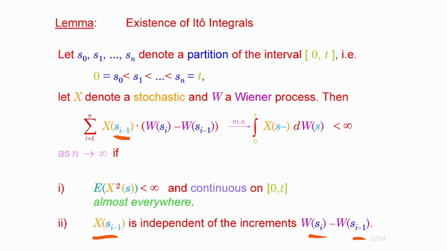Now, I'm not going to prove this, but I'm going to demonstrate that this is going to be the case regarding the mean square convergence. Again, if these things are both true, then the integral exists. That's the point. So whether this exists or not, you need to check basically whether this is true or not. This is, in short, by assumption, and that depends on the finiteness of the square, or the second moment, which depends on the structure of the stochastic process X, which is the integrand, by the way. Whether this is true or not, you would need to address it.